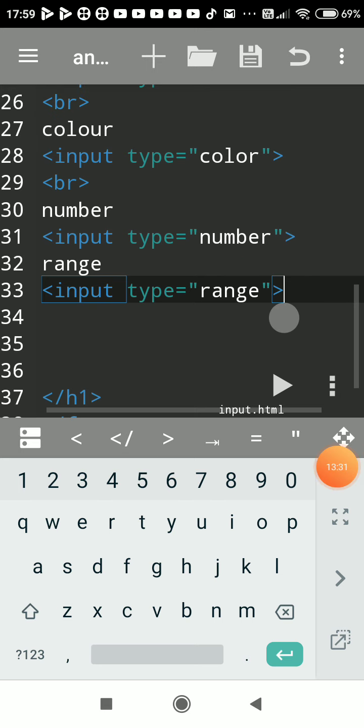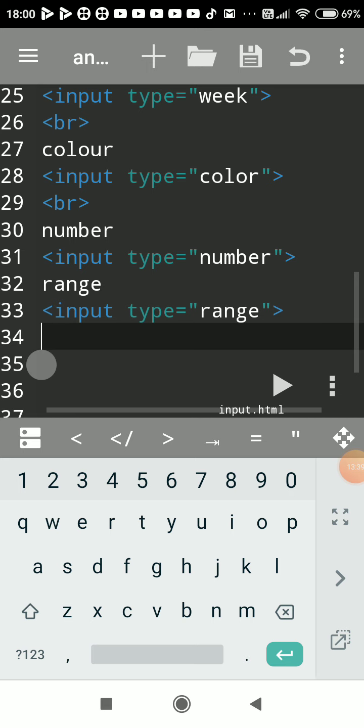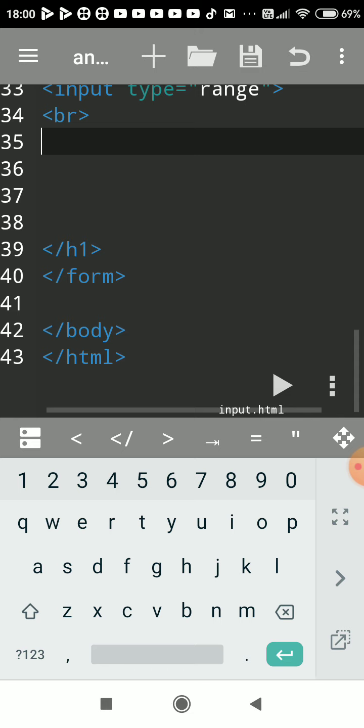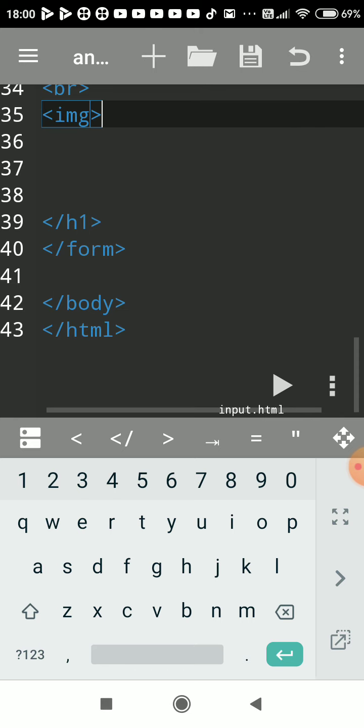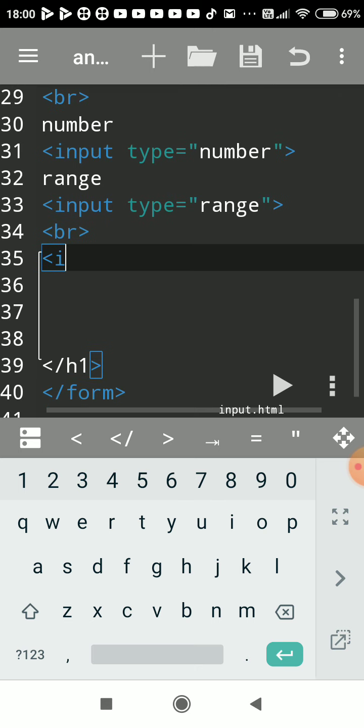And to create submit button, so right here, no need of writing submit, first write BR to move to next line. Input type is equal to submit.